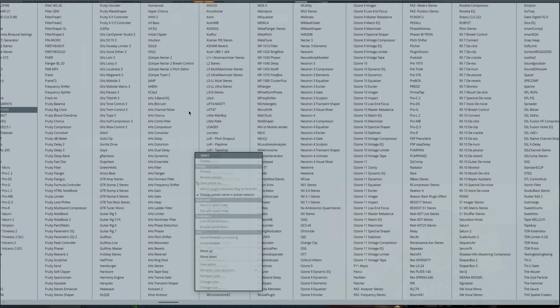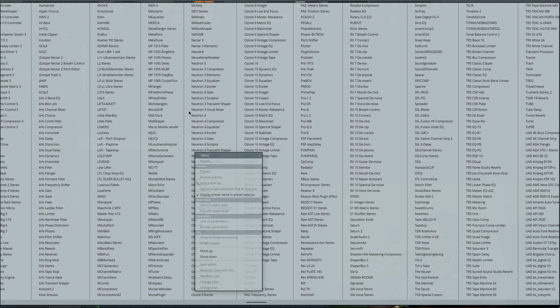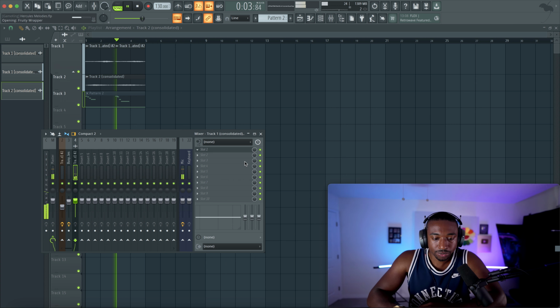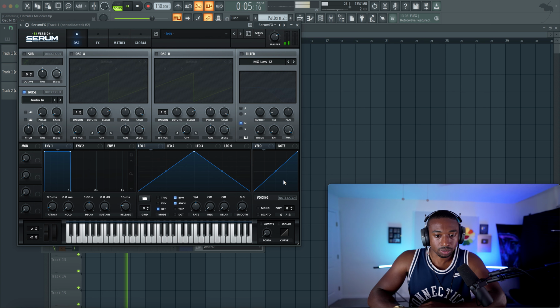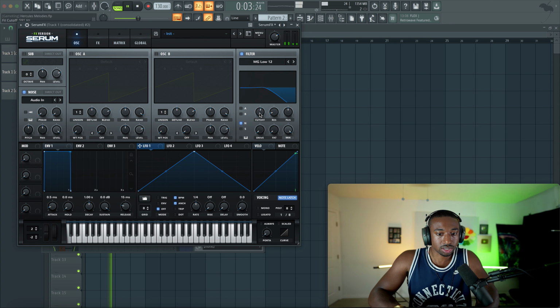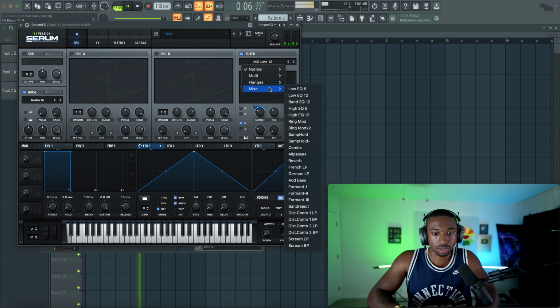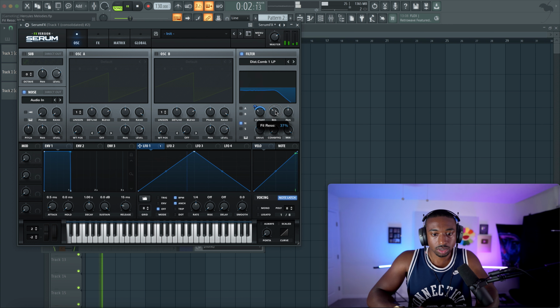Now let's get really esoteric. I'm taking you guys to a different planet when it comes to this stuff. So let's go to Serum Effects. Most people don't know Serum can be used as an effects plugin. And our final touch is we're going to run this as a noise input. Okay, then we're going to turn this button on. Let's add a low pass filter here. And we're going to give this low pass modulation an LFO. So we could try out different sounds. I'm going to try out a distorted comb filter here. So now it's like a whole different sound.